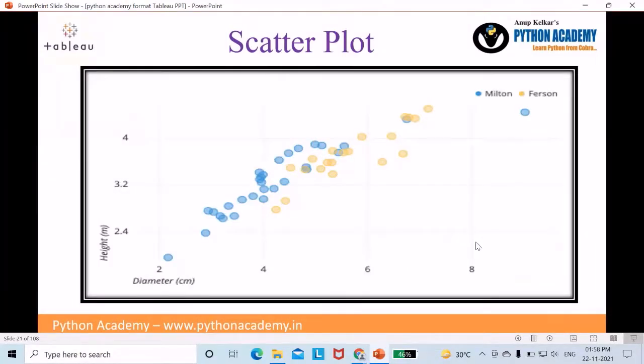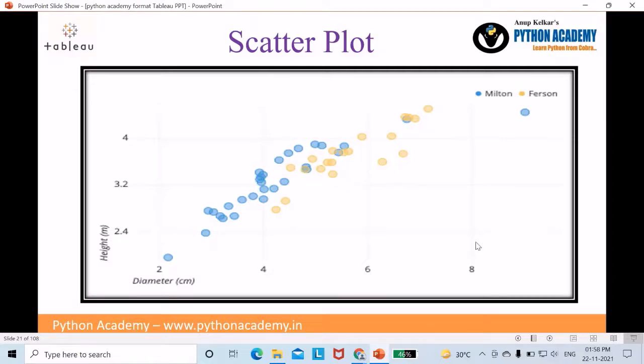Next is scatter plot. These are all advanced plots. It may be not familiar to you, but Tableau has an exceptionally powerful tool for plotting such advanced plots within a minute. So what is scatter plot? It is an advanced plot and generally uses two variables for plotting the scatter plot. Display the relationship between the variables, and identification of correlation is the main motto to plot the scatter plot.